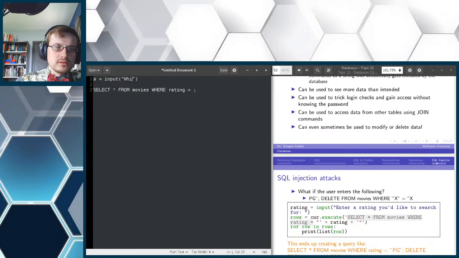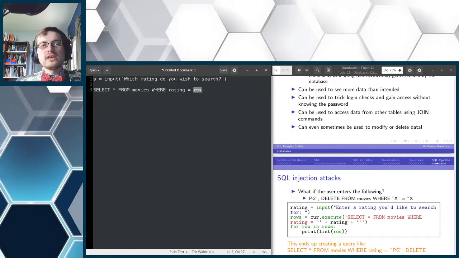Which rating do you wish to search? So if we insert a string generated from the user directly into an SQL query, the user can actually put some SQL code